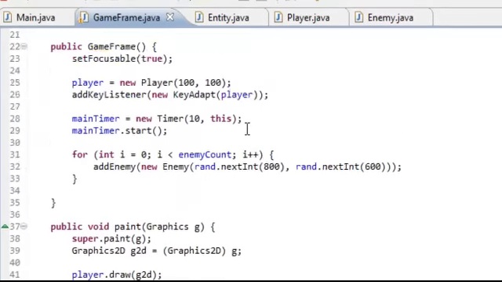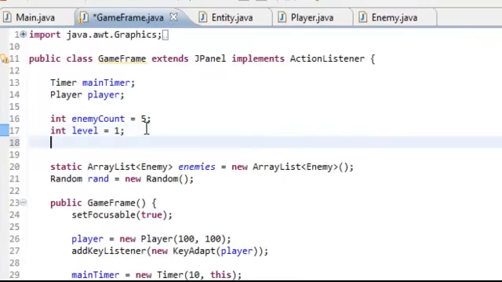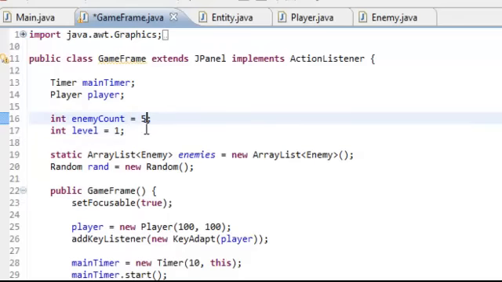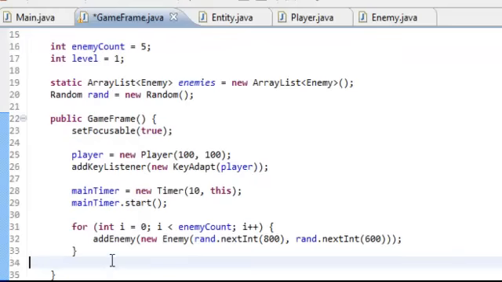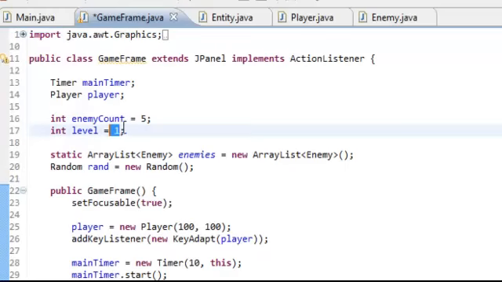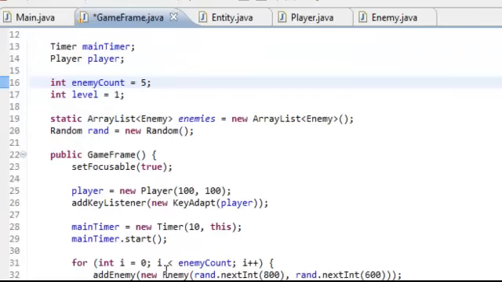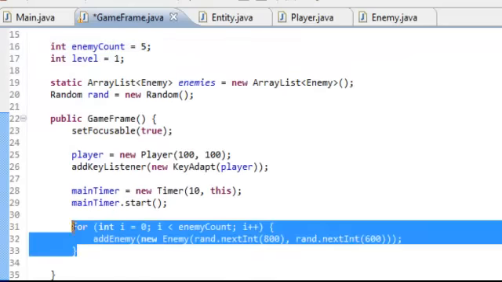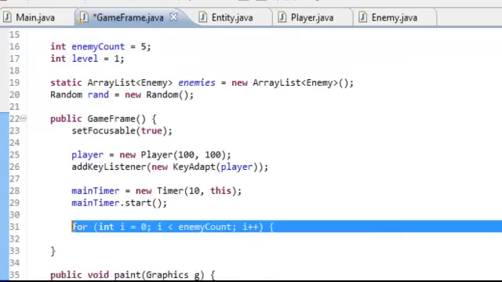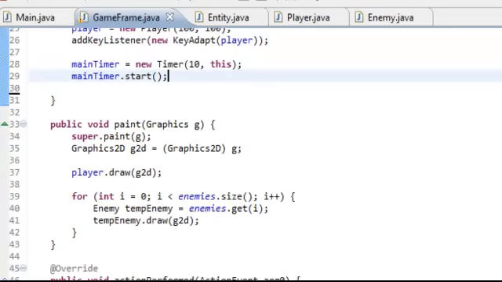Now what we're going to do is create another variable, int enemy count. Oh, wait, no, it's already up there. What this is going to do is start off as 5, and actually, no, this will be fun. Each time that a new game starts, we're going to take the level and multiply it by 5, and that'll give us the number of enemies that we want. So we're going to take this right here, cut it and then paste it, and make a new